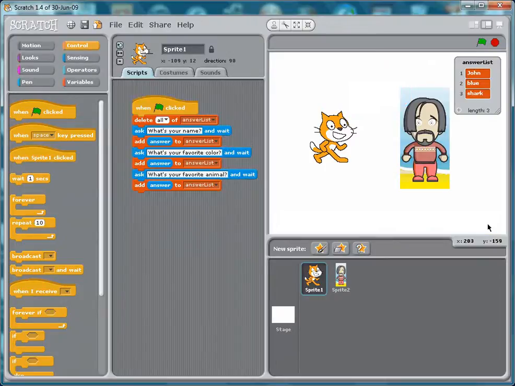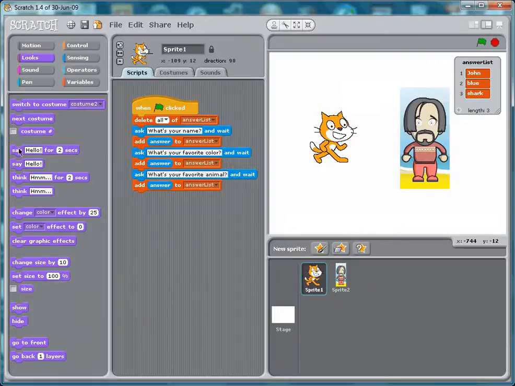And you can see John, blue, and shark were added to my answer list. So I actually want this all to appear on the stage. So what I need to do now is go to my Looks menu, and I want to drag over say hello for 2 seconds. But it's not hello that I want to say. I want to actually say hello John. So I'll go to my